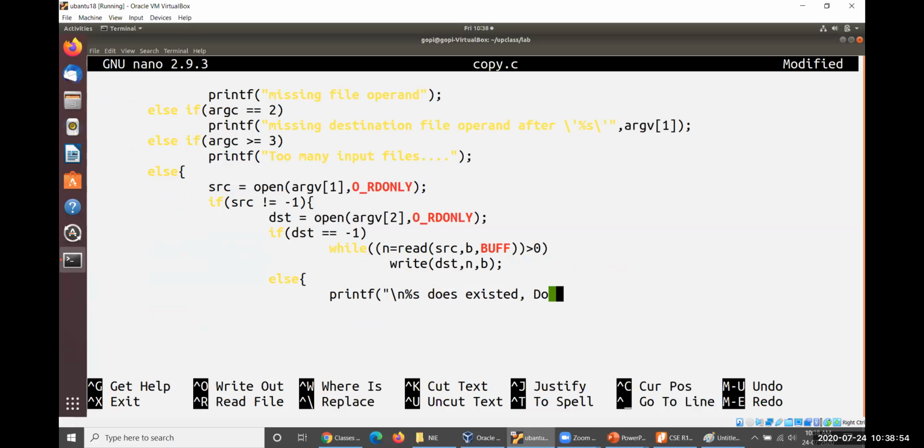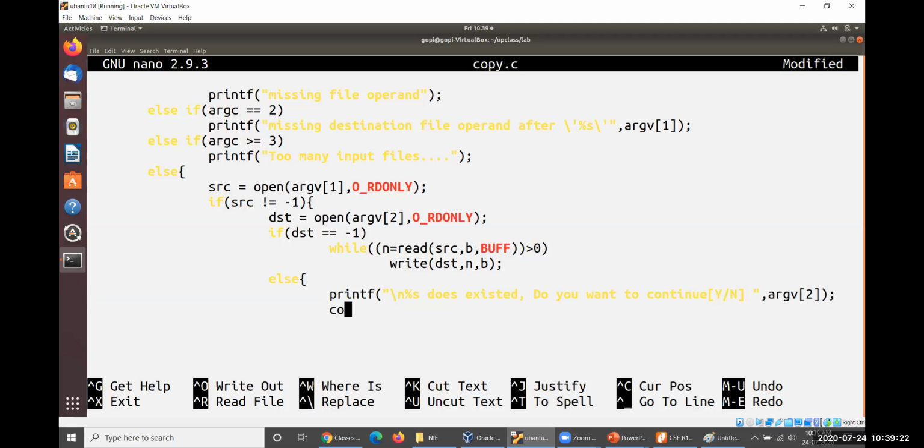Do you want to continue? If you want to continue, yes, you have to continue. So you could say yes or no. What is that percentage s? In the sense, argv of 2. This particular file also exists. Do you want to continue or not?